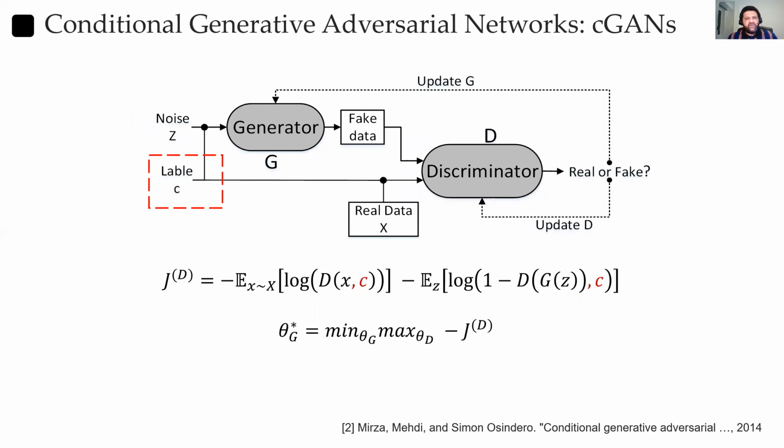GANs have many variations. One flavor of GAN, which is related to our today's presentation, is the conditional GAN, which tries to condition or control the produced output on some input instead of arbitrarily producing samples randomly. This condition can be represented by vector C on the input side, as shown in this slide as label C.